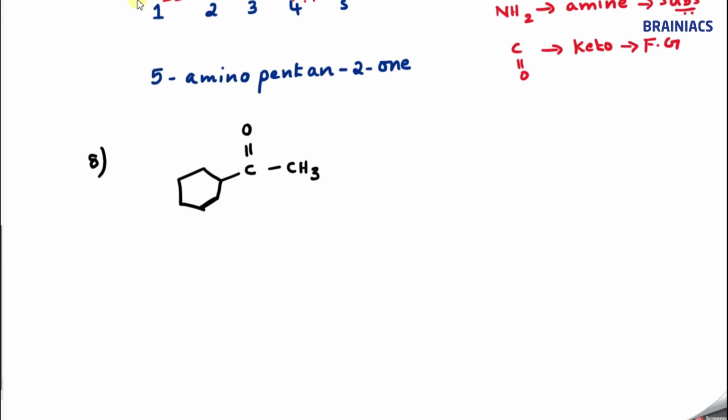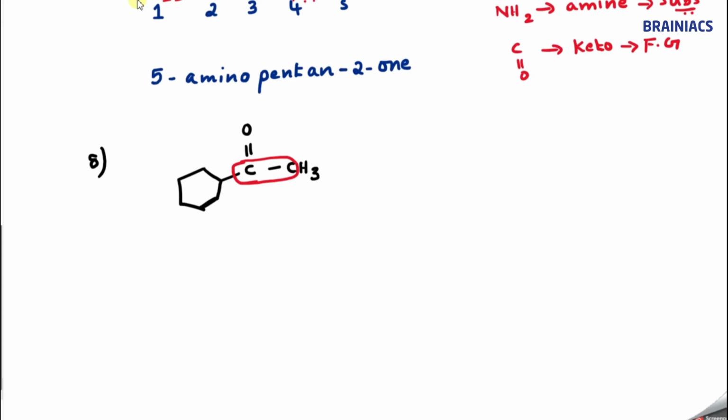Here you can see this is one of the good questions. Why I am saying that is: you have a carbonyl group, C=O, then CH3 is present. So the functional group is present outside the ring, correct? And it is present with more than one carbon atom. So what should be my parent carbon chain? That is very important. Whenever a functional group is present, it should be given priority. So this is my parent carbon chain, and the ring is not my parent carbon chain, because the functional group is coming outside the ring.